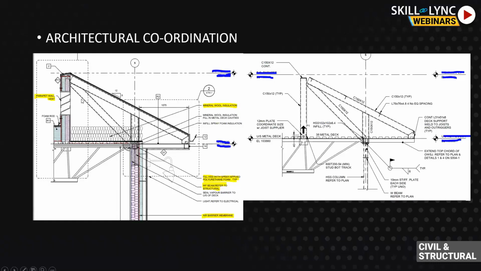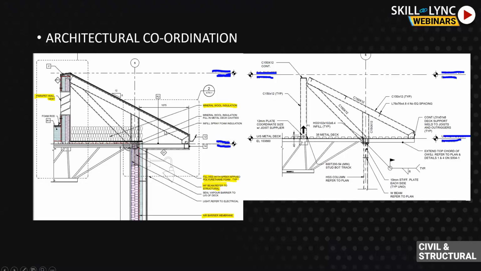Again, I have quoted some detailed examples here. So this is an architectural detail wherein they're showing how they want to have this roof built up on top of a flat roof. So we saw this section, and looking at this section, I found out where I can have my structural elements laid out, how my structural framing is going to stay there so that it gets hidden inside the architectural elements. It doesn't show up out front, so the building looks pretty neat and clean, but it's very well supported. It's strong inside. It's like the skeleton which you're hiding inside your skin.